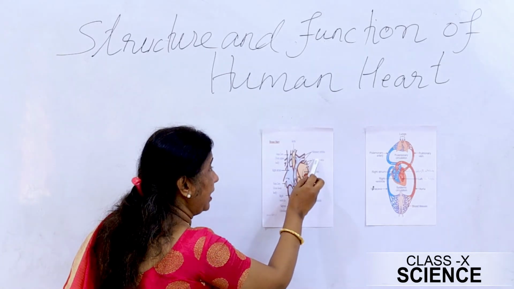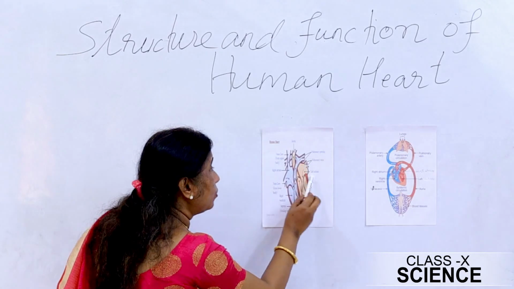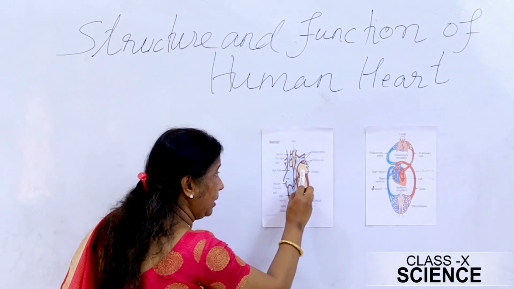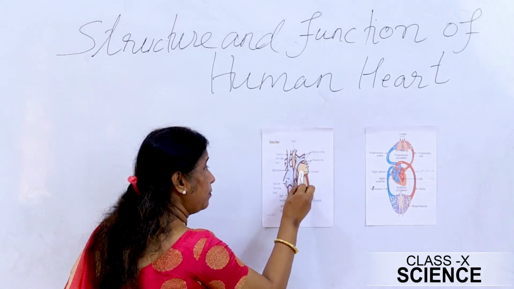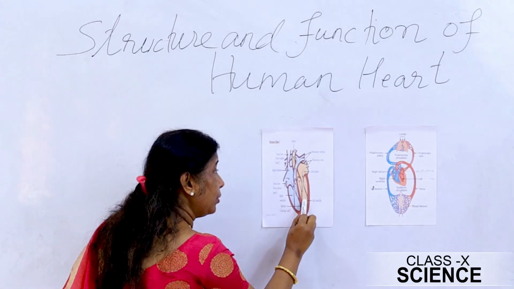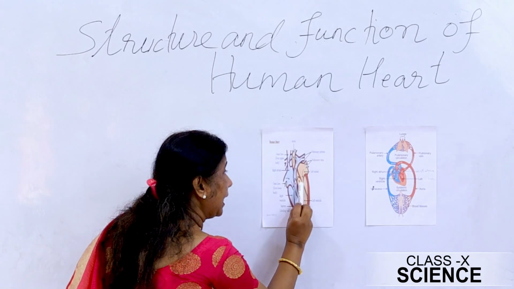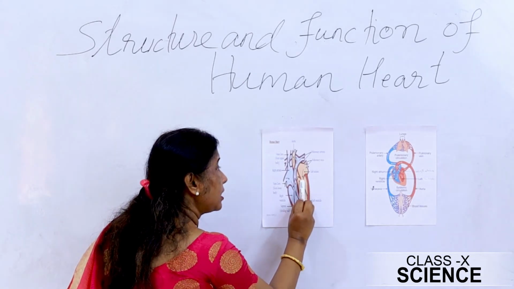Through the pulmonary veins, this oxygenated blood will enter the left atrium, and then from the left atrium, the oxygenated blood will come into the left ventricle. Again, this valve will open,